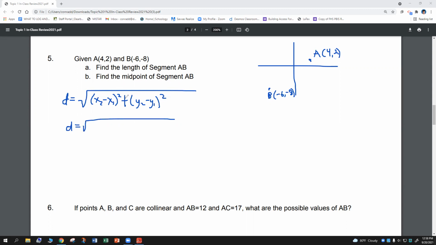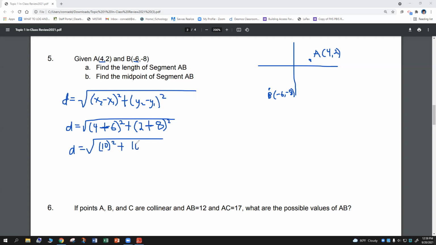Okay. So our two x values are 4 and -6. So we have to do 4 minus, again, make sure you don't lose this minus. So it's minus a -6, right? And that's the same as 4 plus 6, right? 4 minus a -6 becomes 4 plus 6, right? So we can put in a plus here, squared, plus our two y values is 2 minus -8 squared. So again, minus a negative becomes a positive. So we have 2 plus 8. So that's going to give us 10 squared